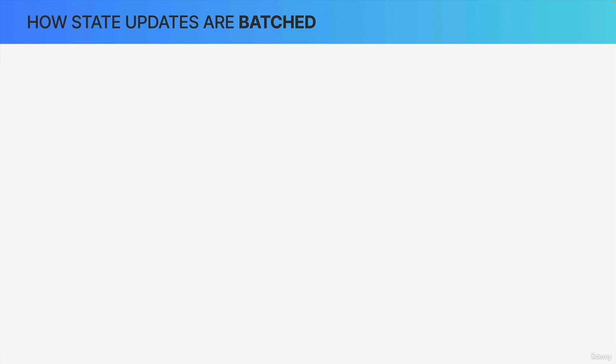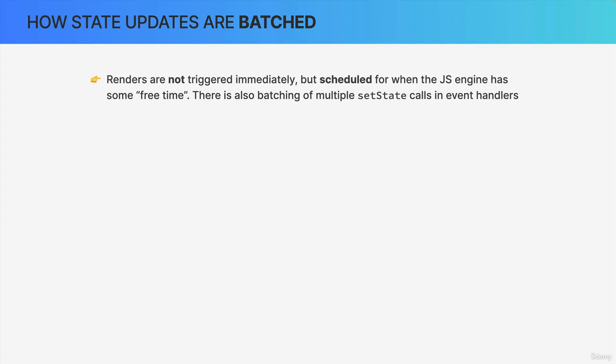So in that first lecture about how rendering works, we had this sentence, which says that renders are not triggered immediately. And so in this lecture, I want to focus on this part, which says that there is also batching of multiple setState calls. Now, as always, the easiest way of explaining difficult concepts is by using a small code